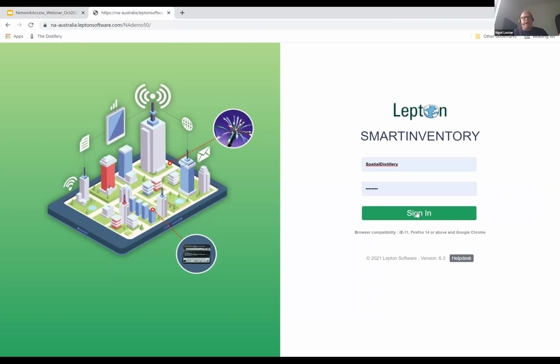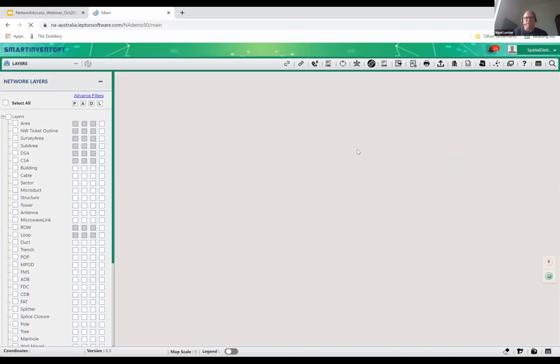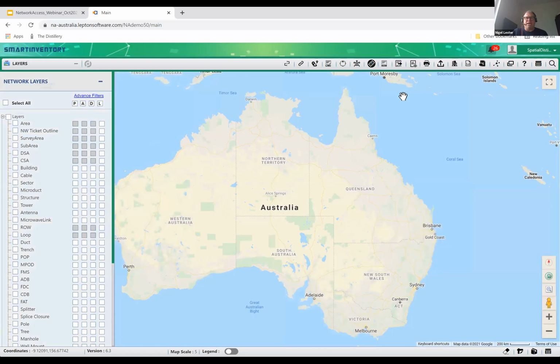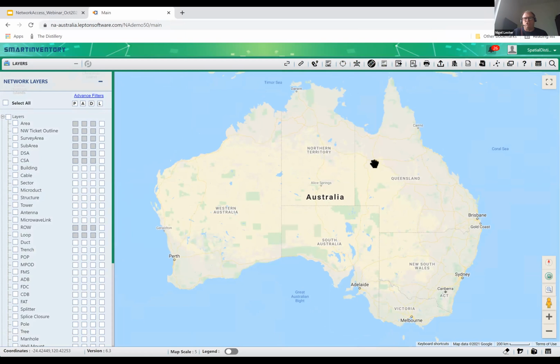So yeah, Smart Inventory, 100% web-based, runs inside any browser, so you can access the application anywhere. There's also a mobile application for Smart Inventory. So we just log in to the instance. As you can see, a simple mapping interface, layer control, the typical things that you'd expect from a GIS-based